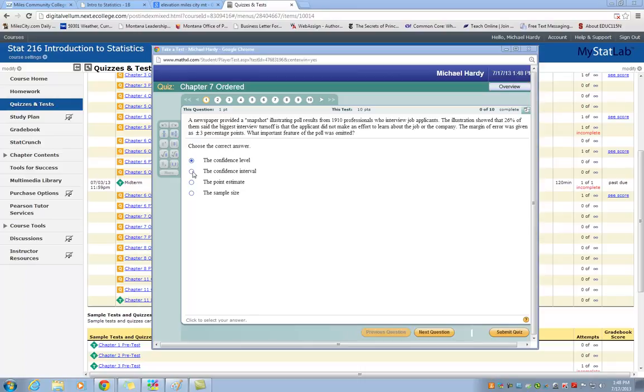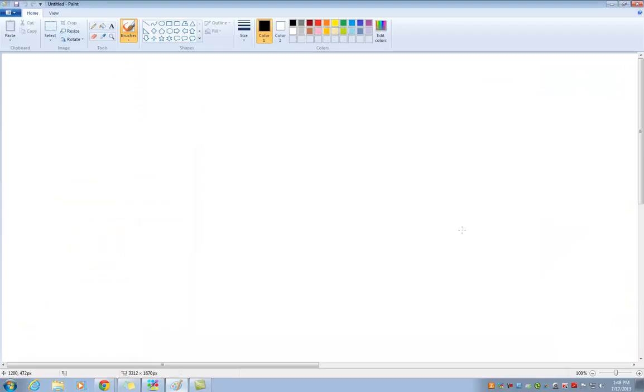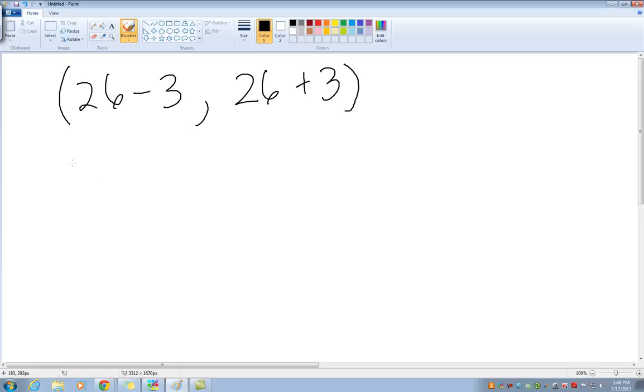The confidence interval is included. You may or may not see that right away, but that 26% plus or minus 3 percentage points, as an interval estimate, is in interval form. You have 26 minus 3 to 26 plus 3 as our interval. So we believe that the percentage in the population is somewhere between 23 and 29%.